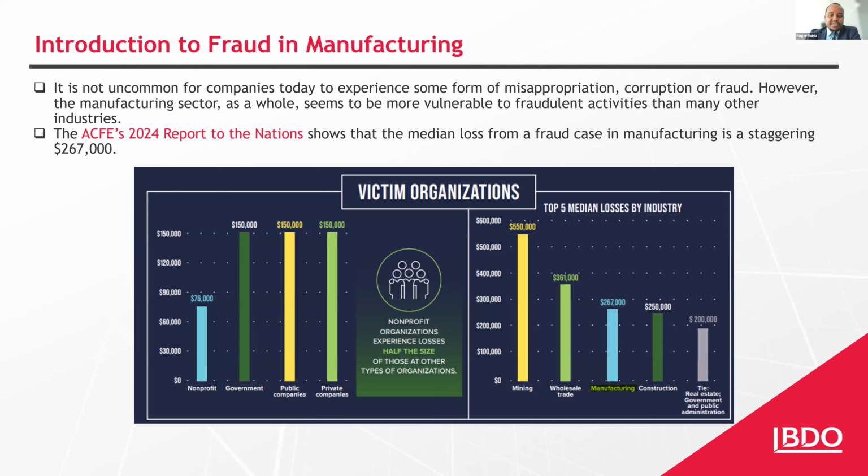One of the most critical challenges for manufacturers is also the duration before fraud is detected. So on average, manufacturing fraud schemes last about 12 months before they are detected or uncovered. This means that for about an entire year, fraud can remain undetected, which will obviously drain a lot of resources and potentially threaten the stability of the business.